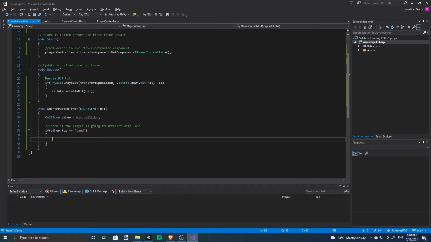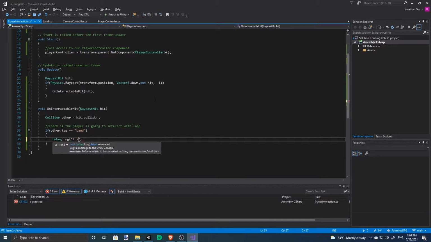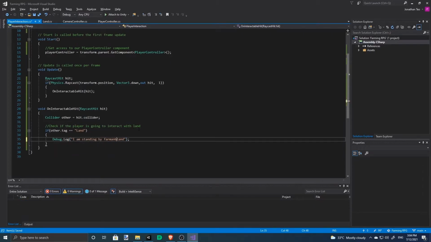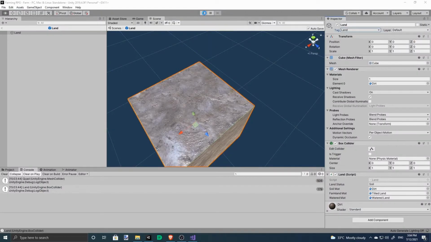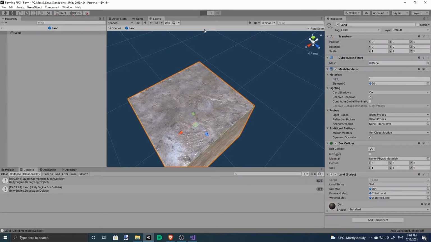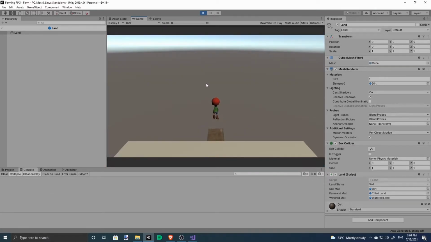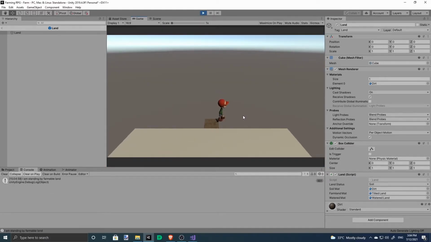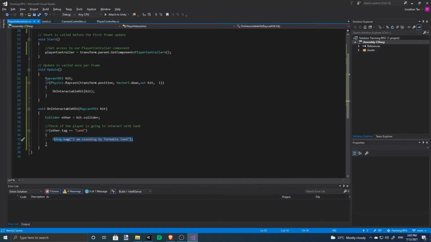So if the other dot tag is land, or... yep, it works. Now let's give it a bit more feedback.